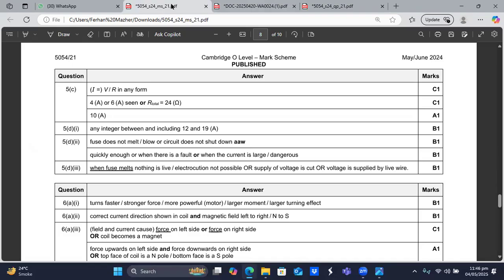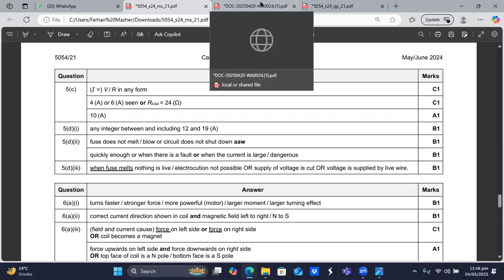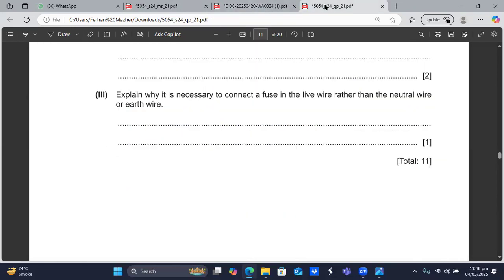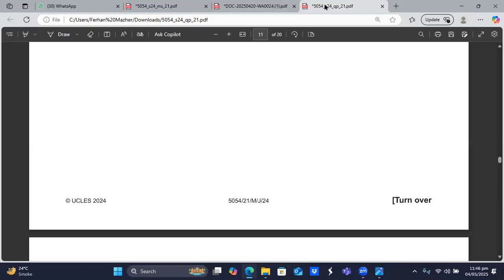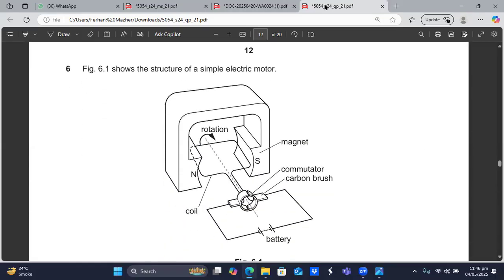So you can look at the marking scheme of question number 5D, third part. I hope you understand this. Okay, so we are moving to the next question. The next question coming up on your screen is question number 6. It says figure 6.1